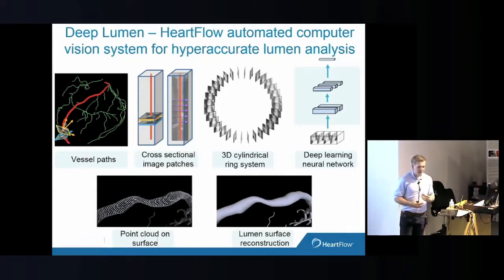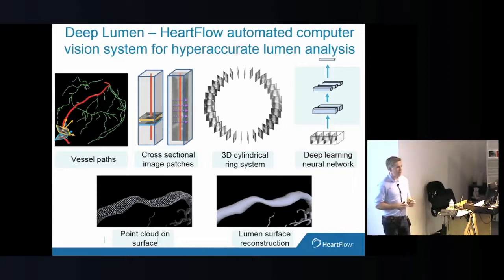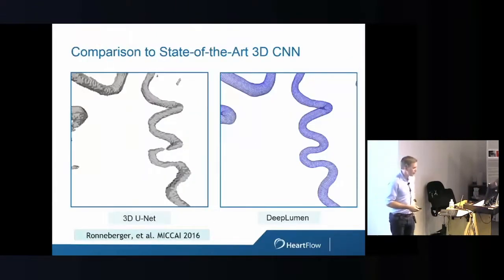We put a lot of effort into this architecture and really specialized it for our problem, using domain knowledge about vessels and consistency in vessels. There's a lot of power that you can get from that. I think there's a feeling among many people in the community that you don't have to use domain knowledge to attack a problem with machine learning. You can just feed in a lot of data and you can get a result out. That's definitely not our